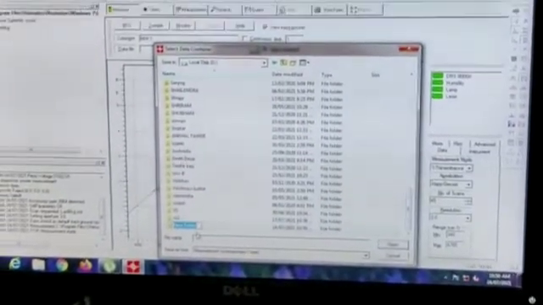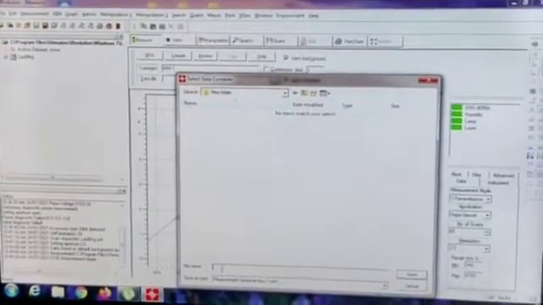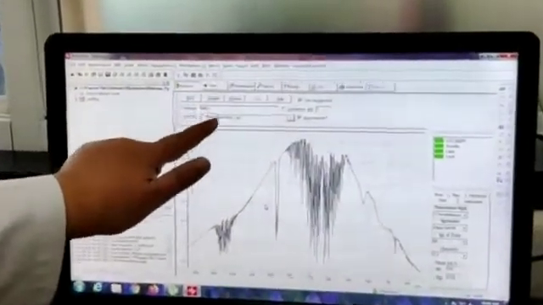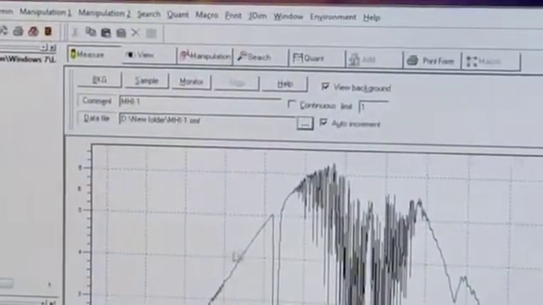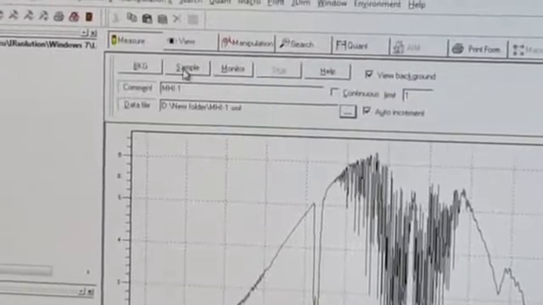create a new folder, then paste. The file name should be given, and it is pasted here and has to be saved. Here we can check the sample number and where it is going to be saved. Once we give the comment, we have to click on sample.